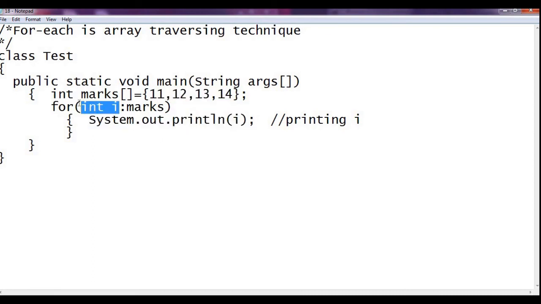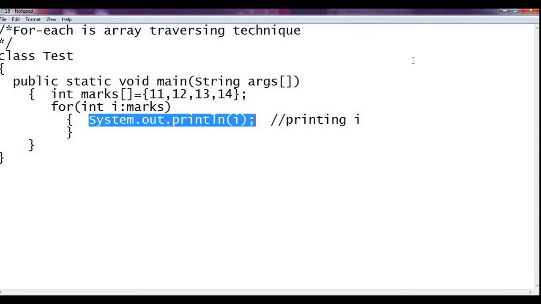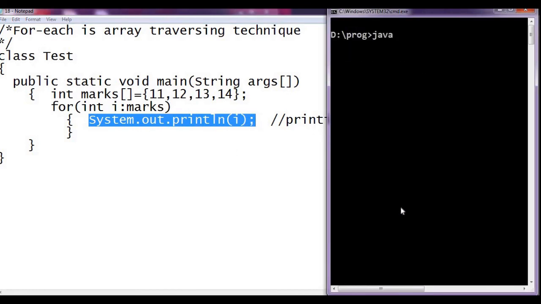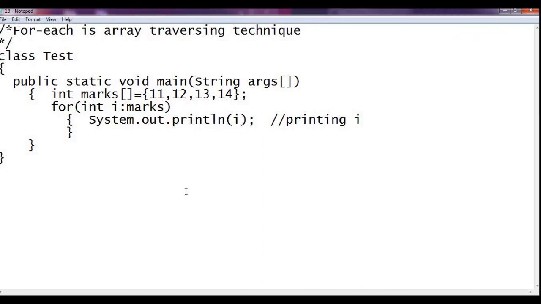So we have an integer i which is pointing to marks. Initially i will be pointing to 11, then 12, then 13 and 14, and then we are printing those values. Now let us check it. Okay, fine. That's one more loop we have.